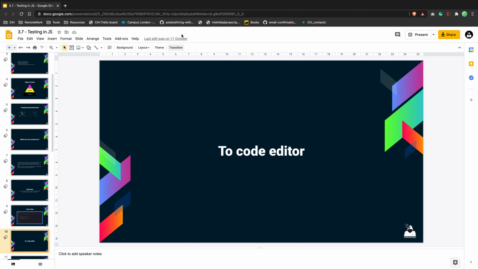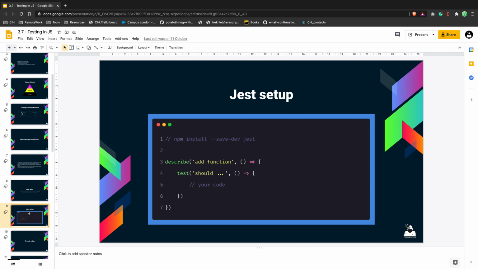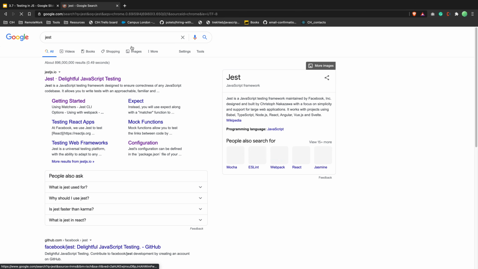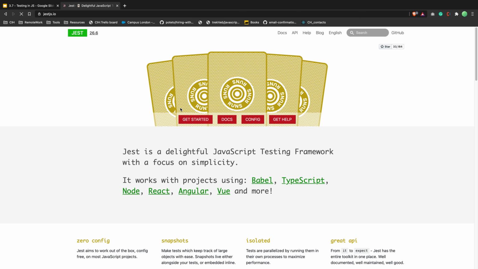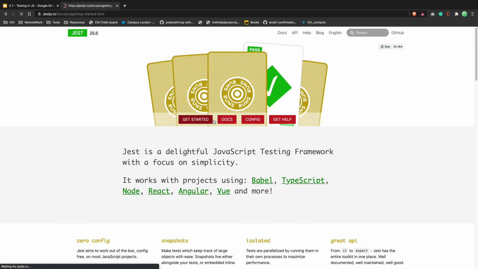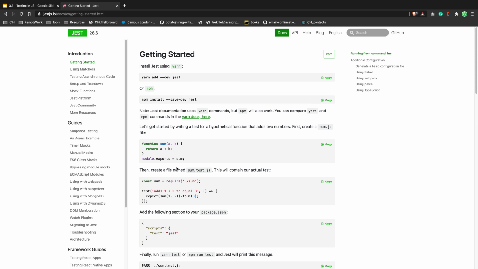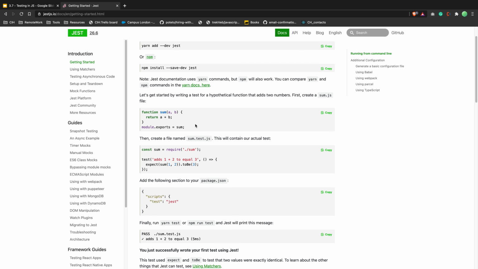As usual, if you want to use any package, the first thing you do is go to their website and check. You're basically looking for get started, and this is pretty much it. So now you're familiar with how to write tests. You basically need to export your logic, right?